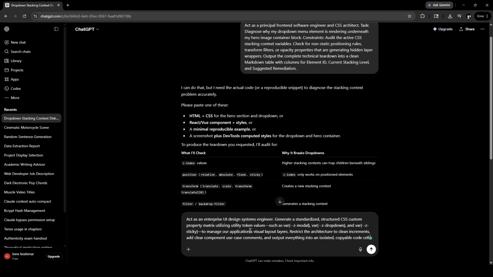workspace. Handing stack diagnostics and systemized Z-index strategy to ChatGPT lets you focus on building beautiful, responsive interfaces with pixel-perfect